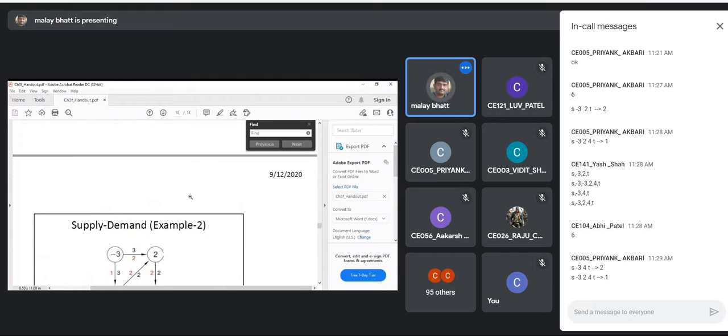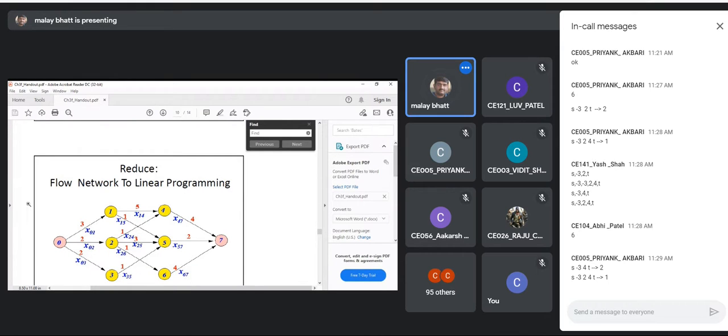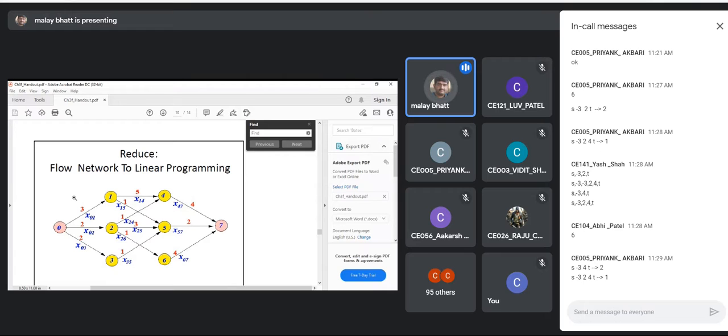Okay, now one more thing is there. I think you have studied linear programming already in another section of the subject. So you can also convert the flow network to a linear programming. If you don't know how to apply the Ford-Fulkerson method or the graph cut method to find the flow value, you can also use linear programming, right? And you can convert the flow network into a linear programming as well. So now let us see how we can do that. It is a flow network,